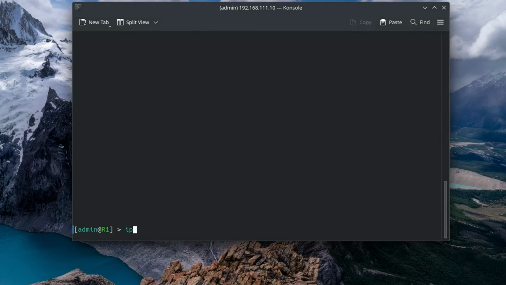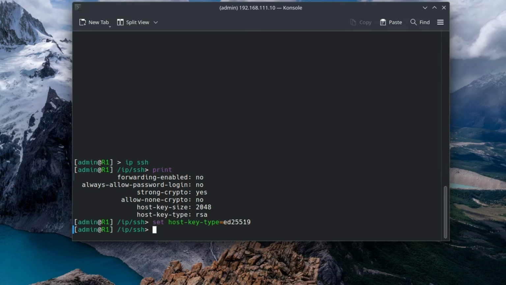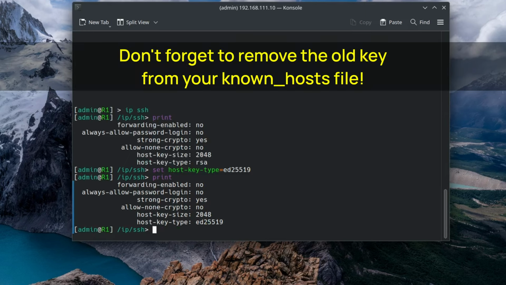So that is the host key pair. Typically, RSA encryption is used, but now you can switch to ed25519 if you prefer. Just go to the IP SSH section and there is a new parameter called host key type and you can simply change that. The host key size can be adjusted as well, but more importantly,